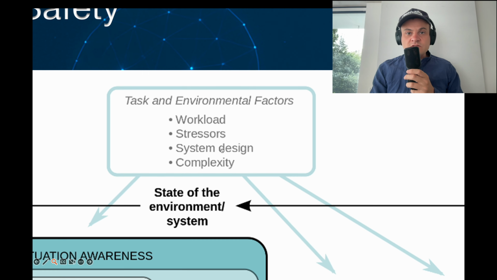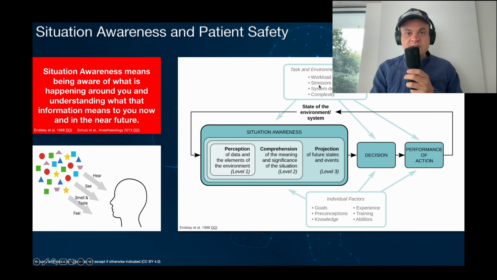We all know when we are stressed, it's more difficult for us to perceive information, and we can only concentrate on fewer items. The generation and maintenance of situation awareness is something that happens all the time, and it happens in animals too. I was observing birds earlier today, and I saw that they also constantly perceive the elements in their surrounding, and then with their little bird brains make their comprehensions, and then a small projection: is the human coming at me at a dangerous speed or not,